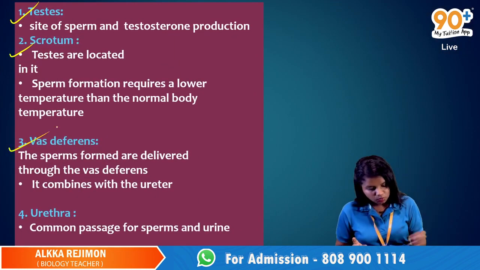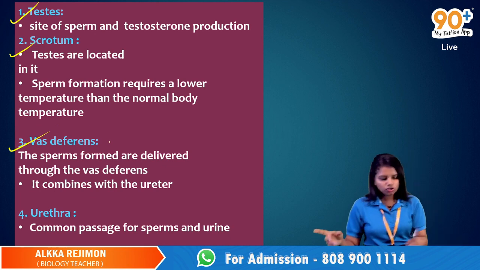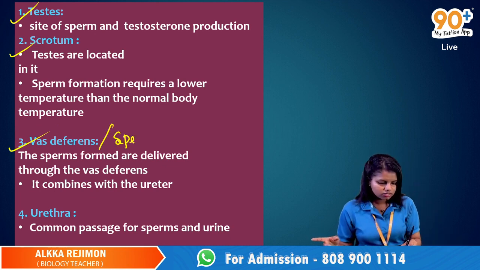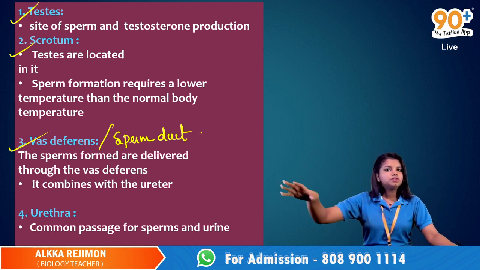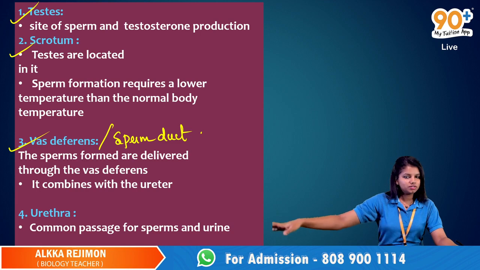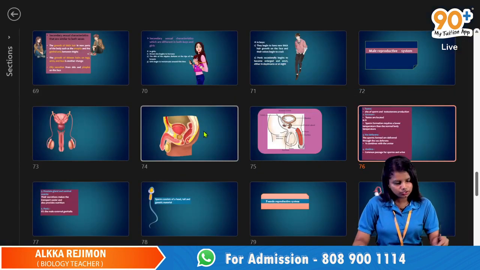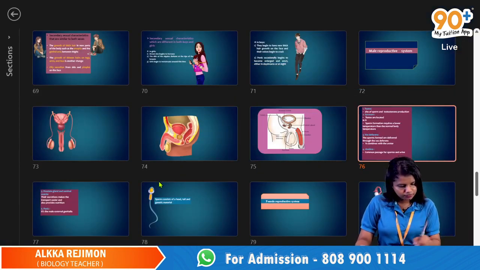And then comes the vas deferens. Vas deferens is also called the sperm duct. So it is the part where the sperms are formed and delivered through the vas deferens, and it combines with the ureter. So here in the figure you can see,